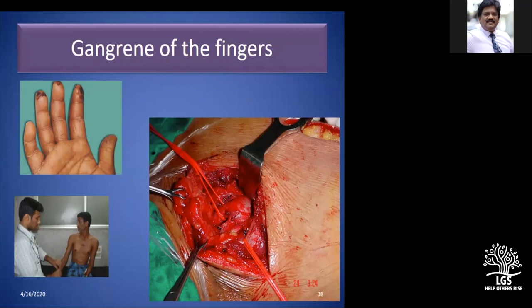Sir, I would like to know what is the significance of seeing the temperature in a pulsatile swelling? Oh, it's a good question, because imagine you have a carotid artery which is pushed by a lymph node. You'll find pulsation, but when you examine, there's no local raise of temperature. That means mostly this is not a vascular swelling, but something is pushing it up. I hope it's clear.